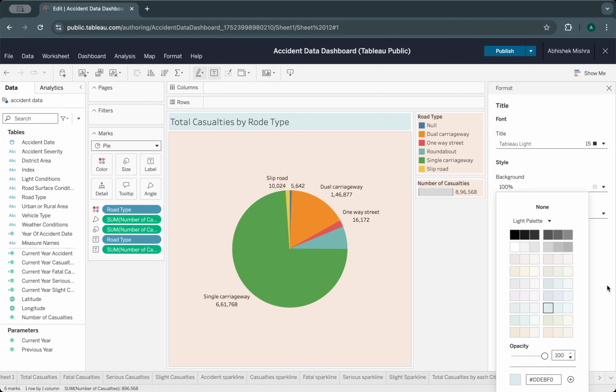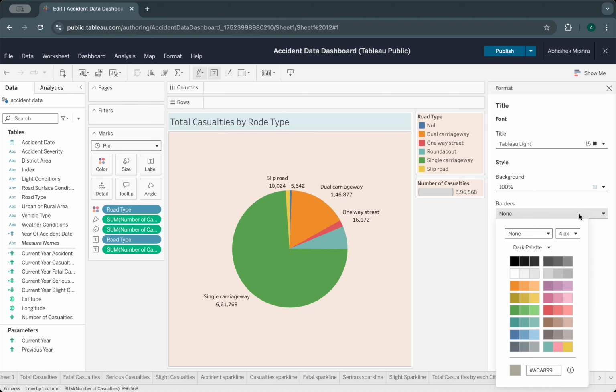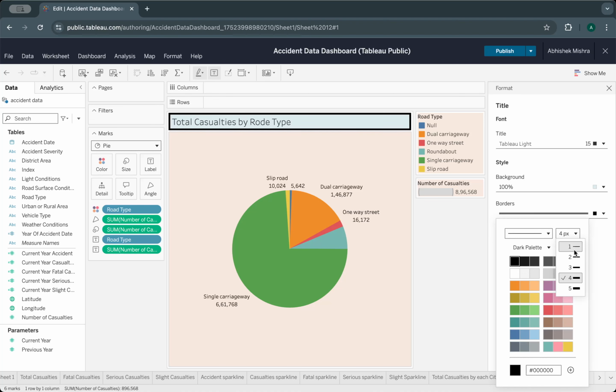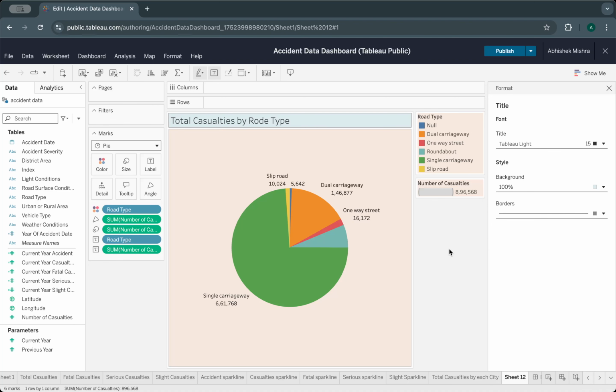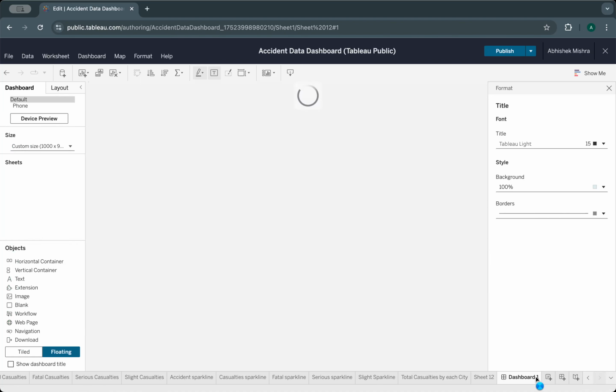Yes, that is also fine. Okay, go to border, and I want a border with red color in 1 px, and the color should be this. Perfect. Good. We have successfully changed the color of this plot,